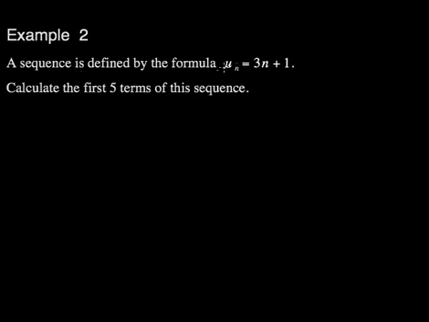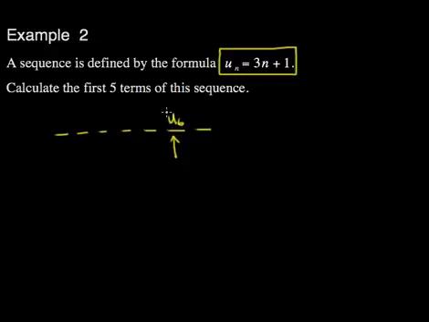So in example 2, it looks like it's asking for the Un term. And this represents the part of the sequence that you're looking for. So if I had a sequence with 1, 2, 3, 4, 5, 6, 7 terms, for example, and I wanted to find the sixth term, I'd refer to that as U6. So the U means the member of the sequence, and the subscript here, the 6, means that it's the sixth term. So the first term would be written U1, then the second term U2, the third term U3, and so